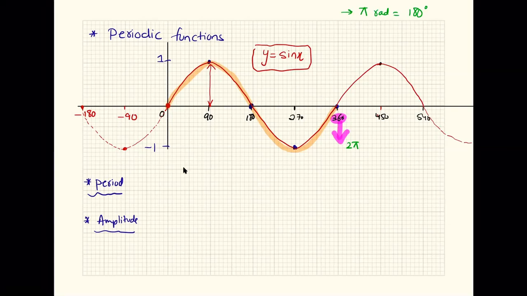तो 90 degrees कितना हो जाएगा? pi by 2 radians. 180 degrees हो जाएगा pi radians. 270 degrees हो जाएगा 3 pi by 2 radians. ठीक है. तो अगर मैं आपसे पूछूं कि radians में इसका कितना period है, you are going to say that 2 pi radians. सही है? Are you getting my point? Yes, sir. Okay, great.